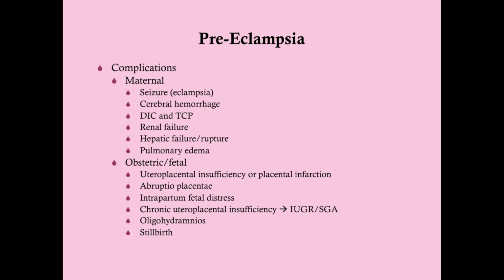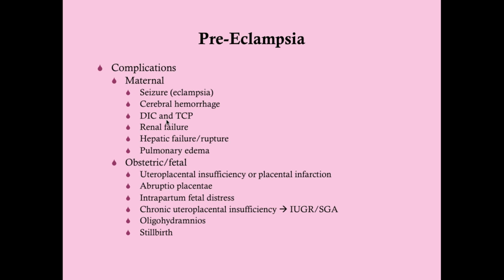What are the complications of preeclampsia? So this can be either on the maternal end or on the fetal end. On the maternal end, she could develop eclampsia. And eclampsia is just preeclampsia where now you're having seizures. Okay, so that is one big complication, and this is bad news. Another thing that could develop is a cerebral hemorrhage. Because this is vascular, because your blood pressure can go up really, really high. I mean, I've heard of cases going above 200 over 120. Very, very high. You can develop a hemorrhage from that.